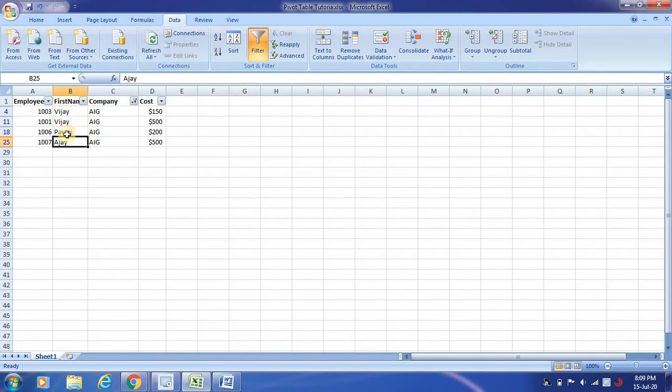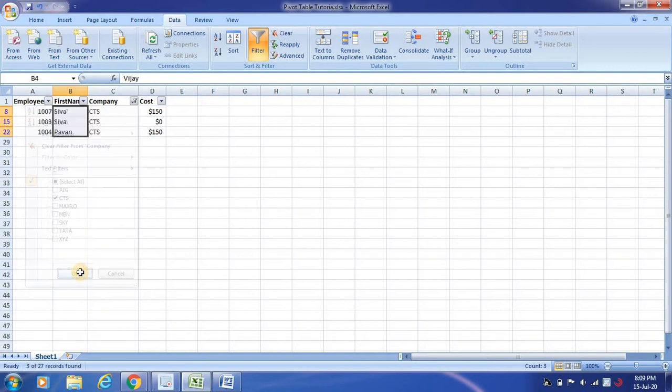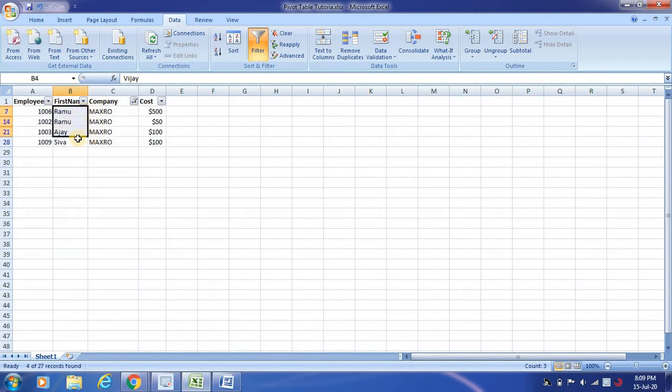They may be same or with some different last names. So I did not provide those details, but still if you count in the number wise, like there are four people for AIZ. Similarly, if you wanted to do the same thing for CTS, see there are three people we have in the list, and if you look at for others, you will have different people are working for different company.